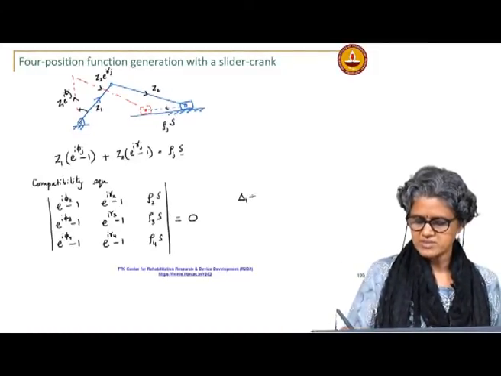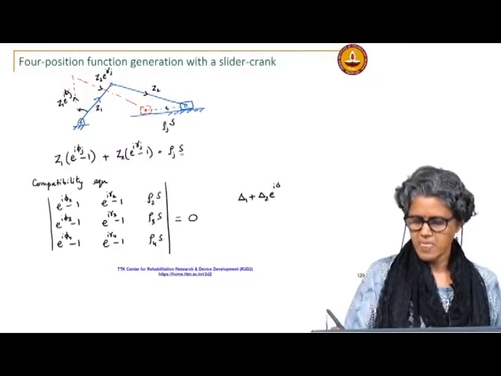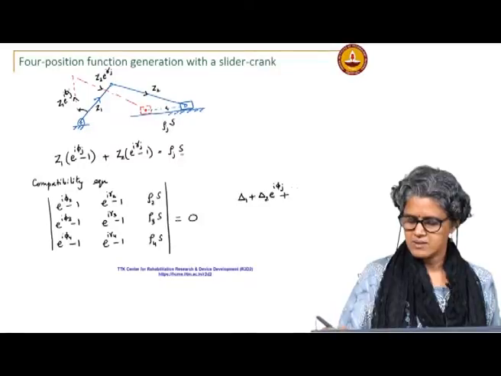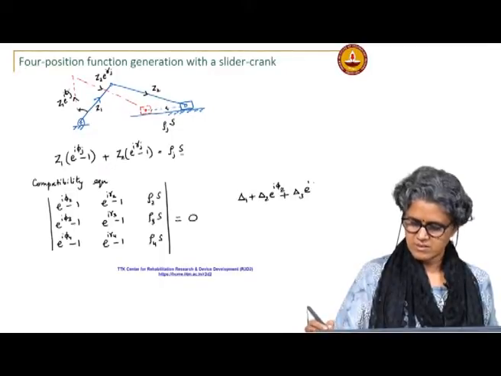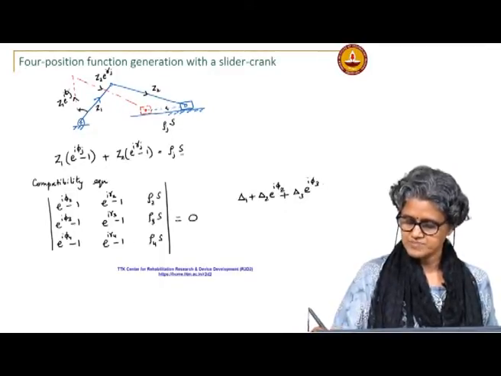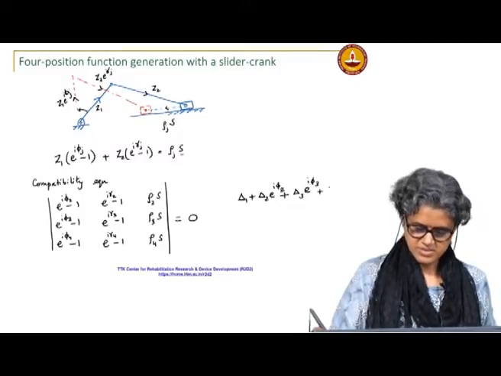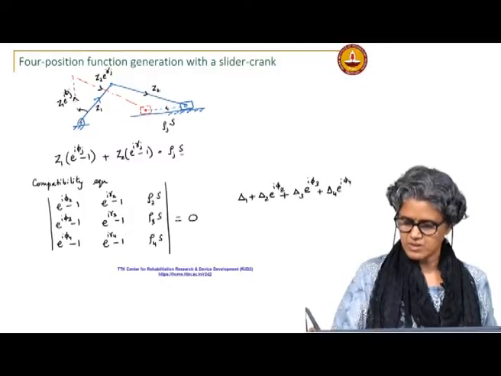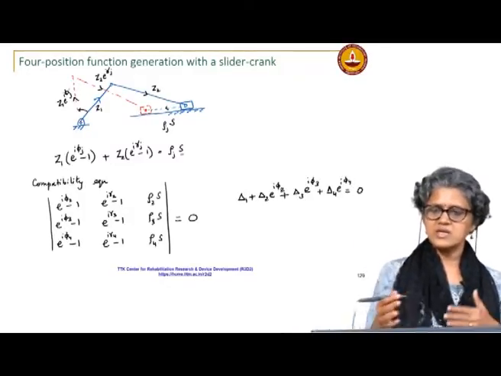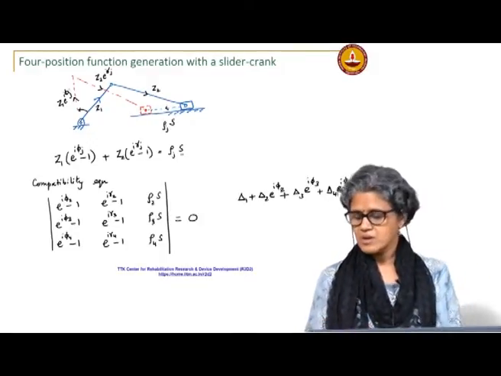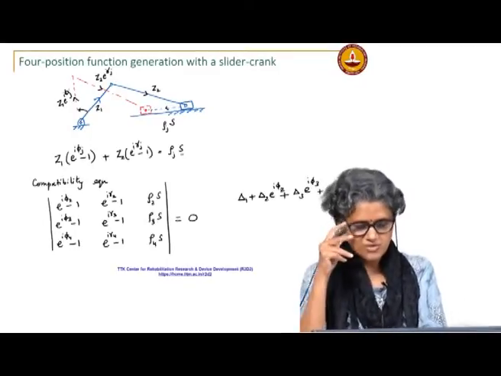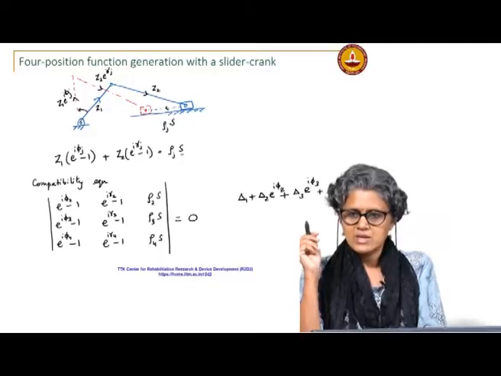You will get delta 1 plus delta 2 e power I phi 2 plus delta 3 e power I phi 3 plus delta 4 e power I phi 4 equal to 0. So, if you solve this equation, then you will get the combination. So, you can again do the same thing that we did for this. Okay. So, 4 position function generation with a slider crank is not really